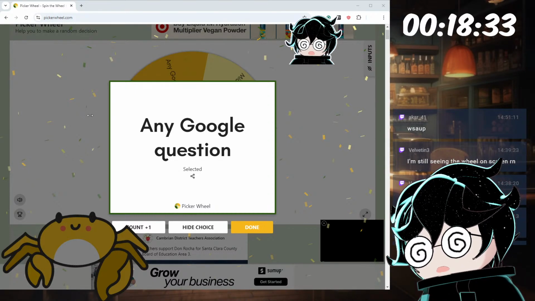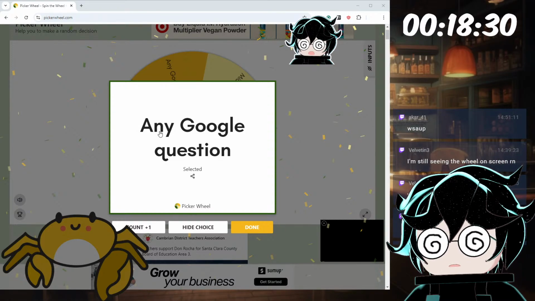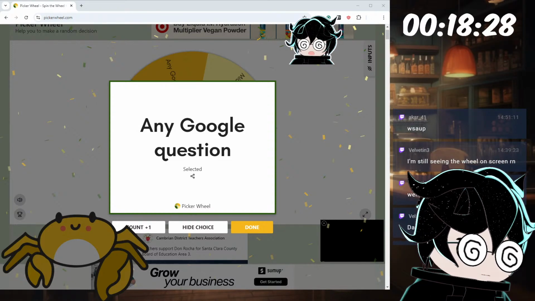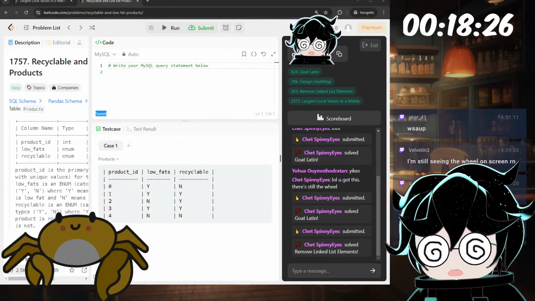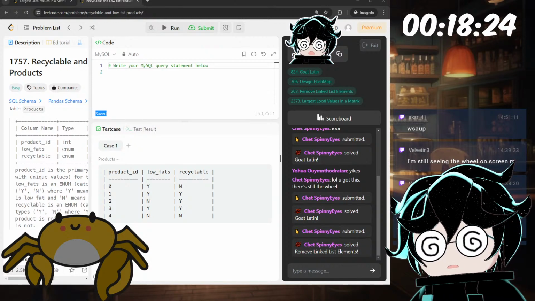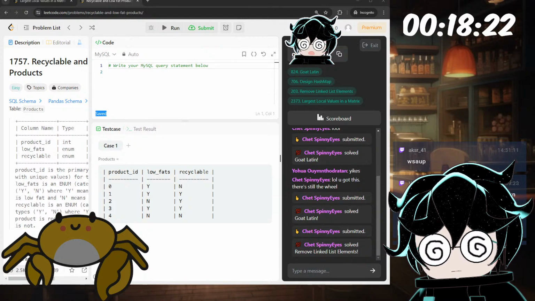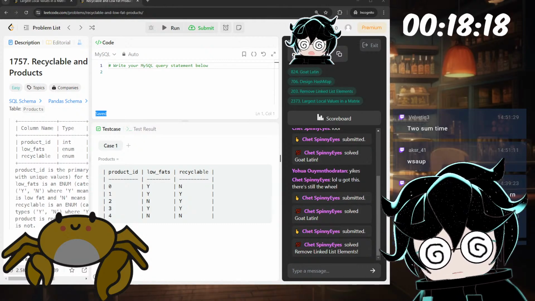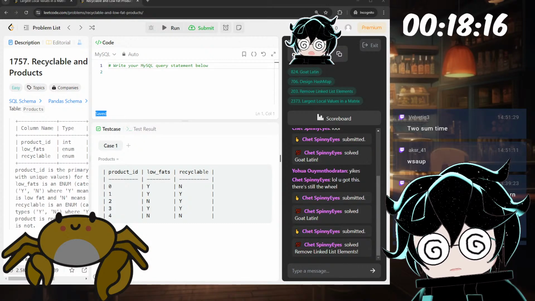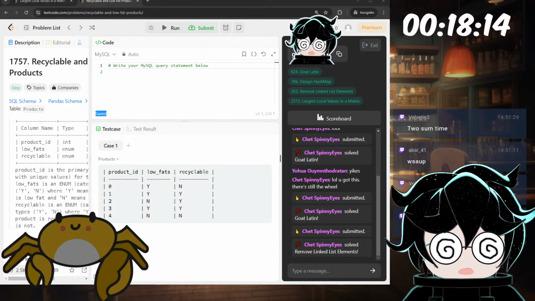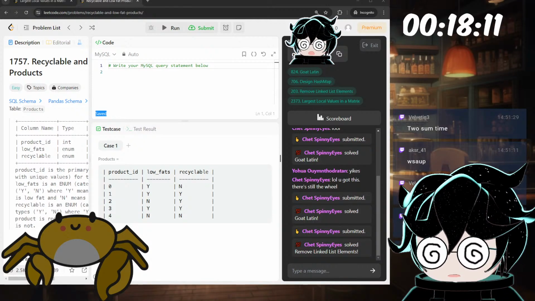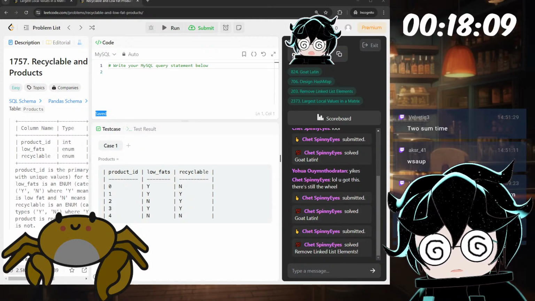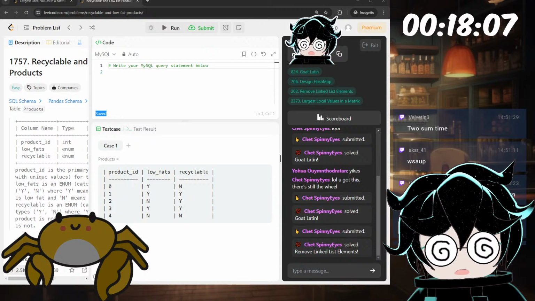This is a MySQL question. So, no. Other question, please. Two sum time? Should we actually do two sum? That's like so cop out though. Type of triangle. 3028.